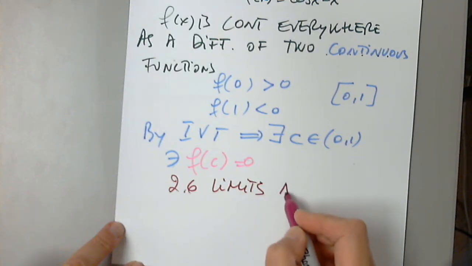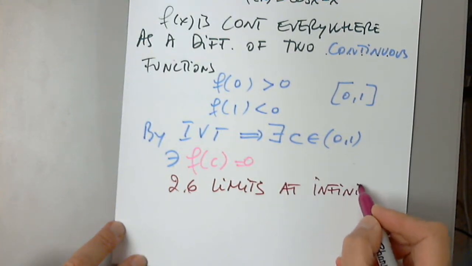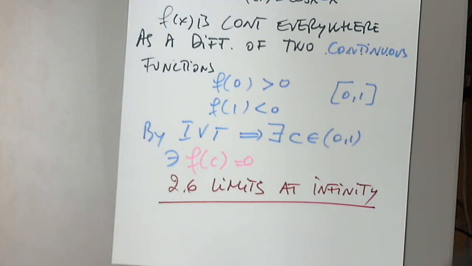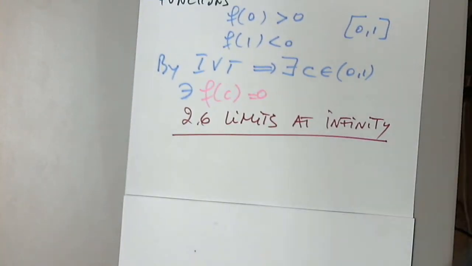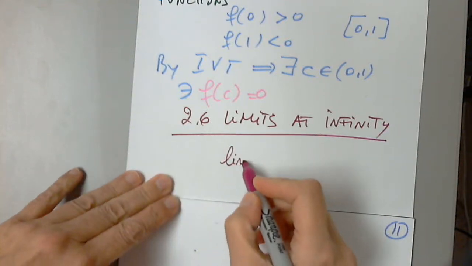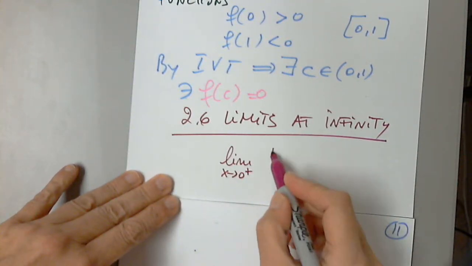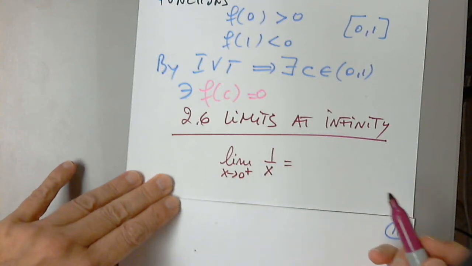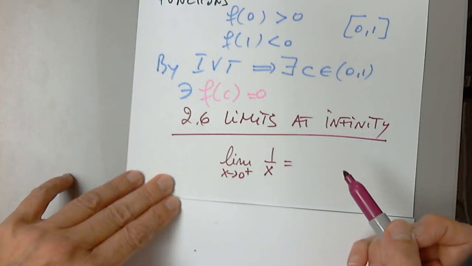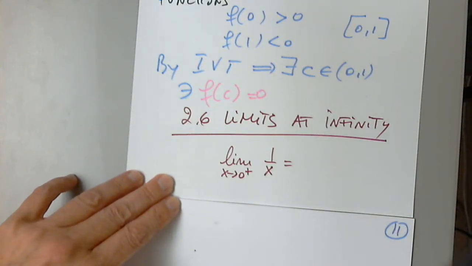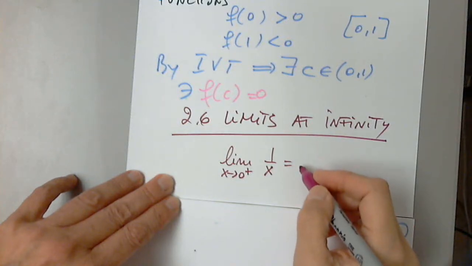Limits at infinity. Some time ago we looked at something like this. Limit as x approaches 0 from the right of 1 over x, and we said this was, remember the graph? You have to picture the graph right away of 1 over x, so the answer is